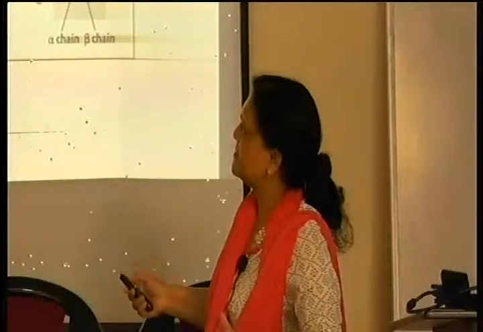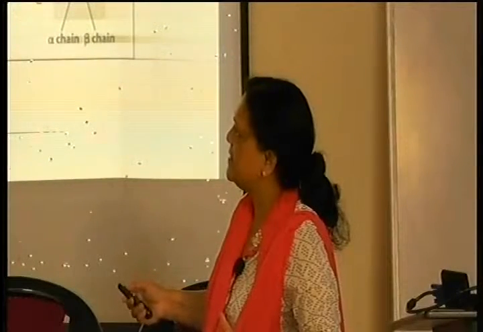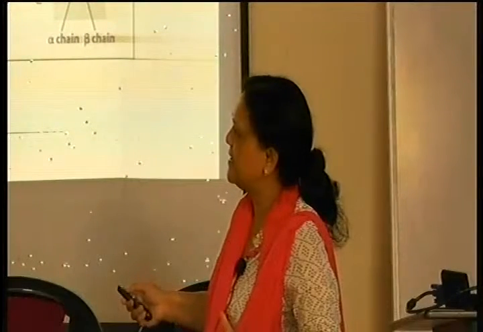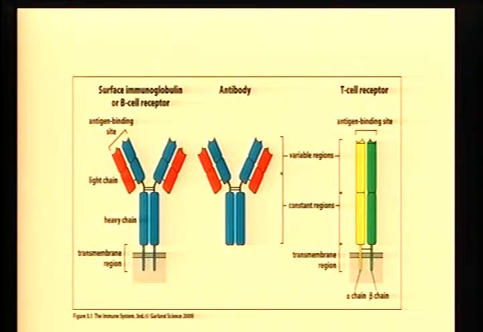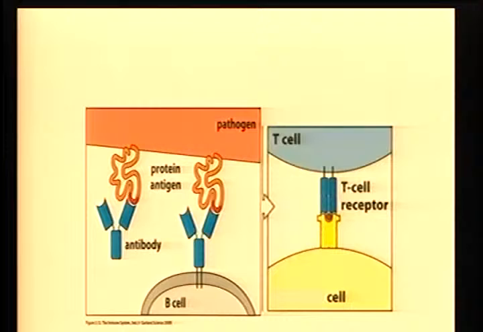BCR, basically the advantage of this binding site is it can bind to the antigen directly. I told you that it does not require any kind of antigen presentation, the B cell. It has the capacity to bind antigens. The T cell cannot see antigen unless it is presented in the context of MHC, and it has to be broken down into peptides. So what people did is they used this specificity.